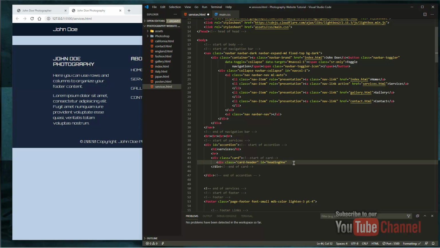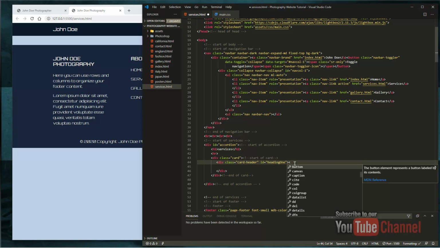So then we can close this diff here. This one is going to be the start of the card header. I always like to put remarks in here so that I know exactly where I am in case I have some errors. So there's the start of card header,